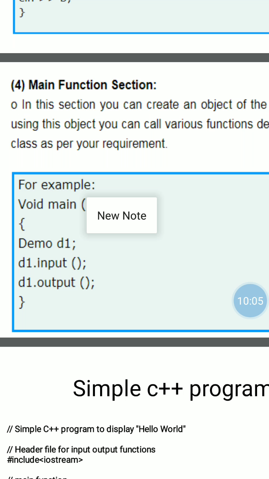Once the class declaration is completed, next we define the functions, that is function definition outside the class. And the last and important point is the main function section, because without main function program execution is not possible, because program execution starts from main.